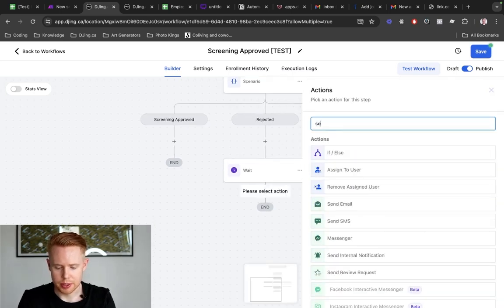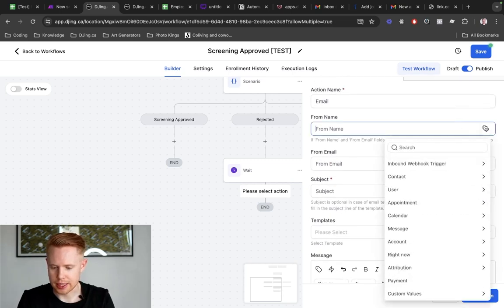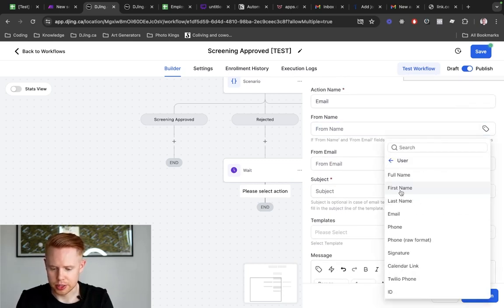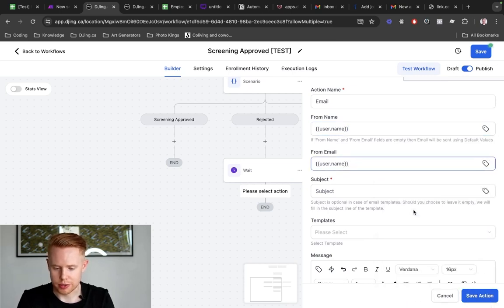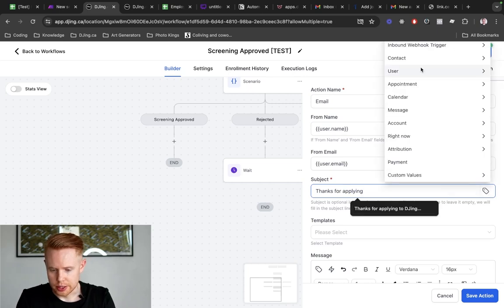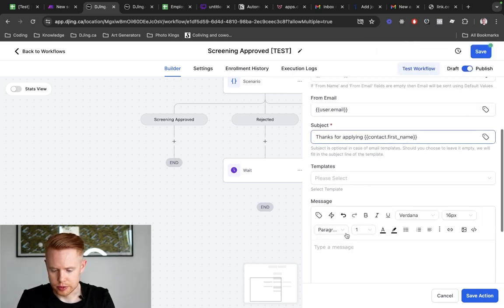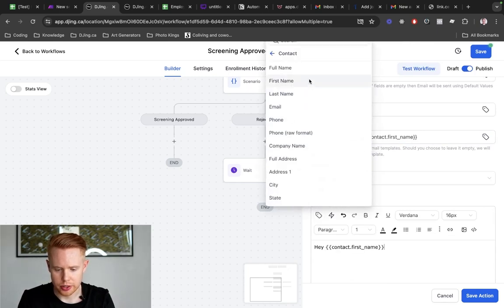And then we're just gonna send an email. And I'm not gonna focus too hard on exactly what to say here because I don't think it matters, and I think you guys can figure out exactly what works best for your business, but this is just a rough kind of example. Oops, we're gonna do username, email, and then whatever you wanna say. Thanks for applying, and you can just do their first name. And then we'll just say, hey, first name, or hey, you know, in my case it would be Jono. Hey, Jono,